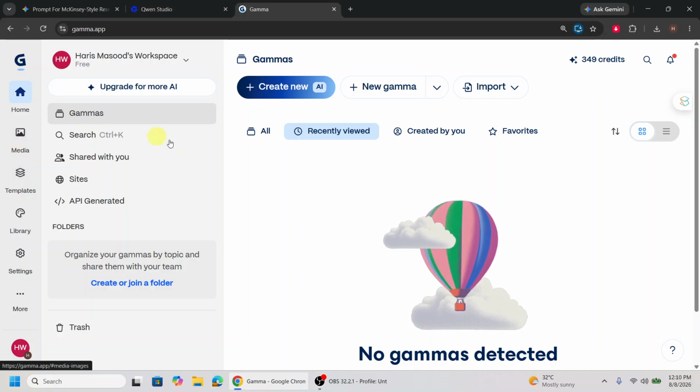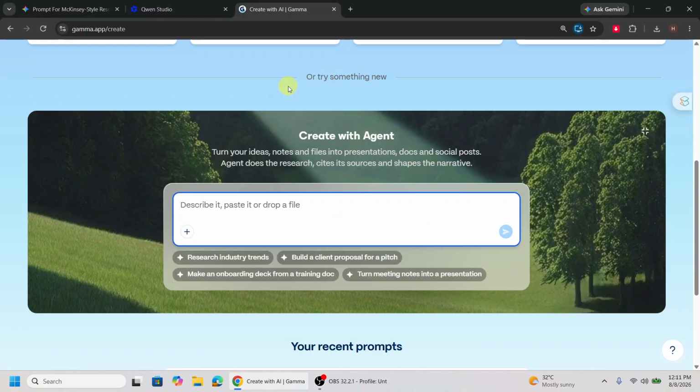In front, you can see many more options available, like templates and media. But let's quickly go to create a new presentation. Once you go here, it asks you to enter the prompt for what you actually want. It says describe it, paste it, or drop a file. If you drop a file, it can generate the presentation out of that,